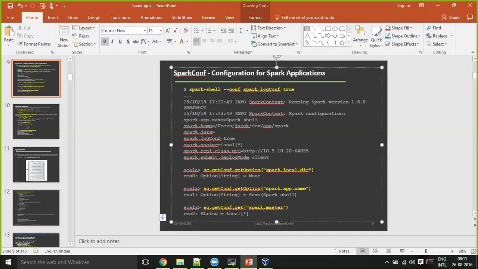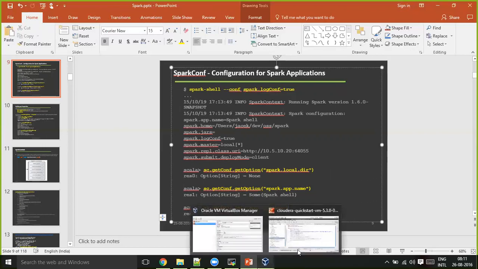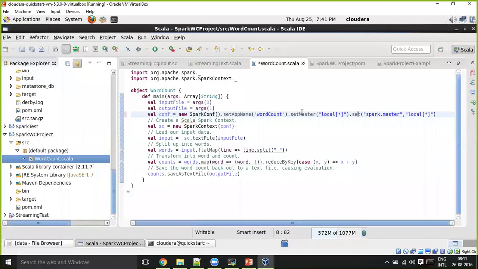Okay, so keep in mind at least the two methods: get, give the property name; set, property name comma value. If you know the method that is available specifically, then you can use setMaster or setAppName. For setAppName also, we have spark.app.name and give the word count here.